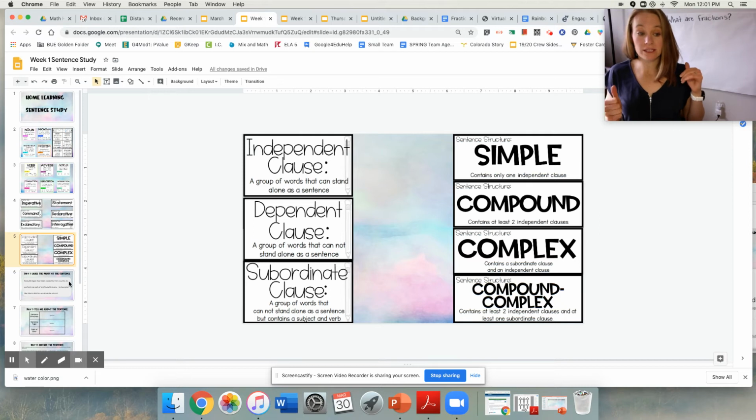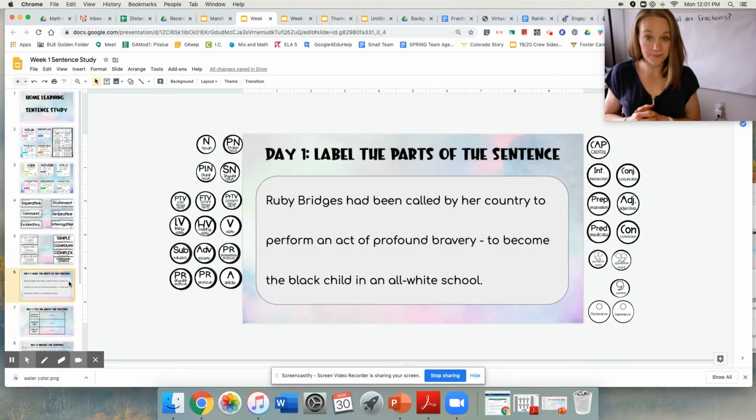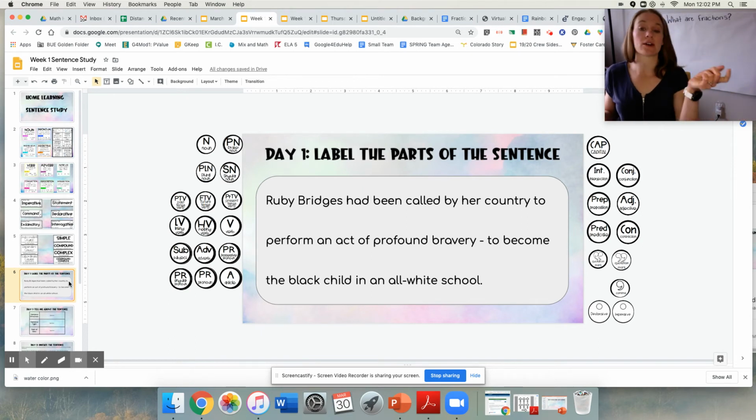And then on slide 6, that's when the actual work starts. So here you see today, day 1, you are being asked to label the parts of the sentence. I have typed up a sentence for you. It is from the book that we have been working on, Through My Eyes. It's from the Dear Reader page, from the very front of the book. Okay, so it says, Ruby Bridges has been called by her country to perform an act of profound bravery, to become the Black child in an all-white school. So once you read the sentence, then you're going to need to start to label the parts of the sentence,